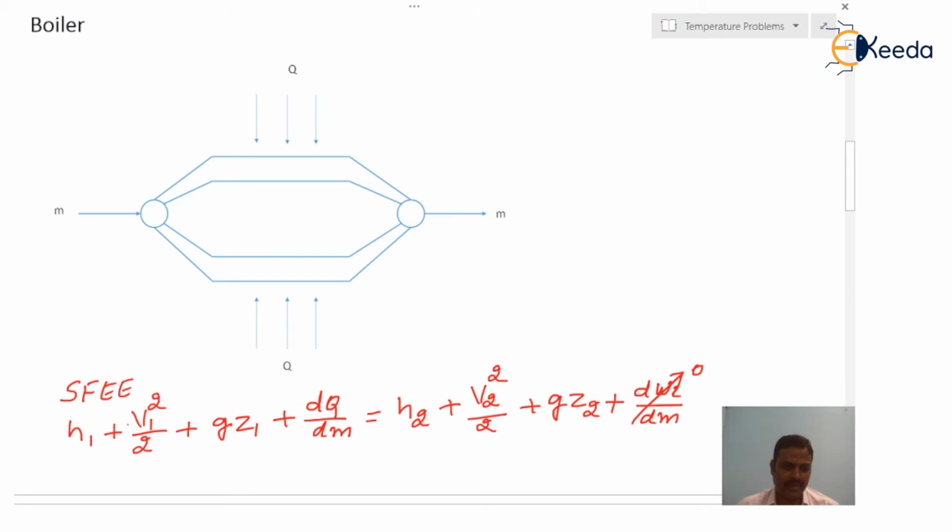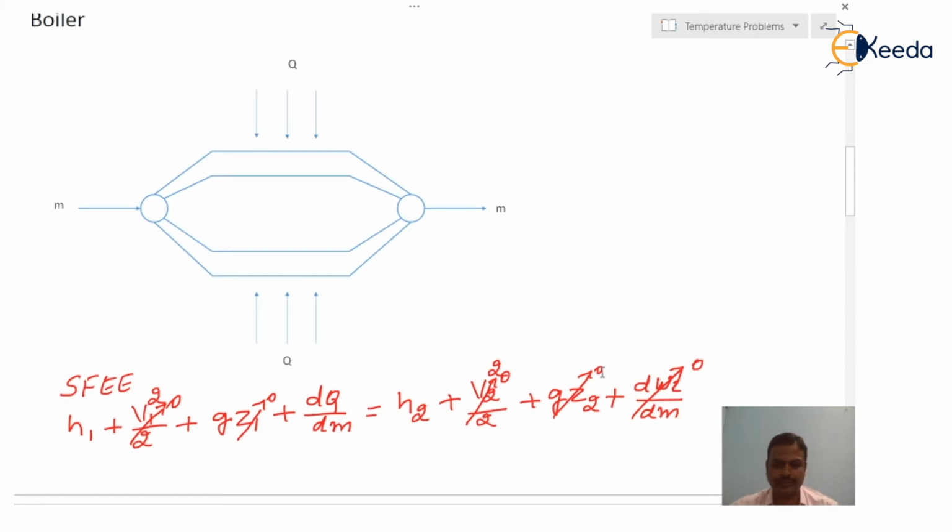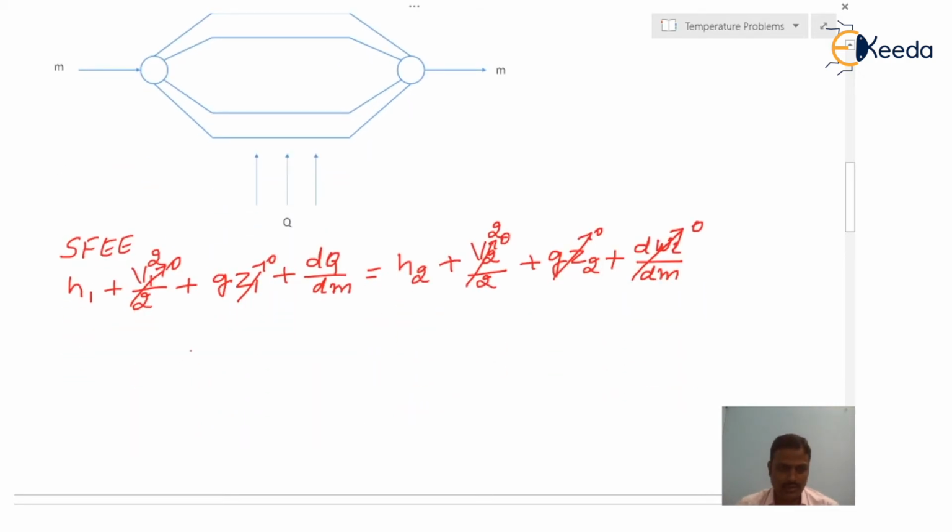Neglecting kinetic and potential energy terms, this equation reduces to h1 + dq/dm = h2, so dq/dm = h2 - h1,